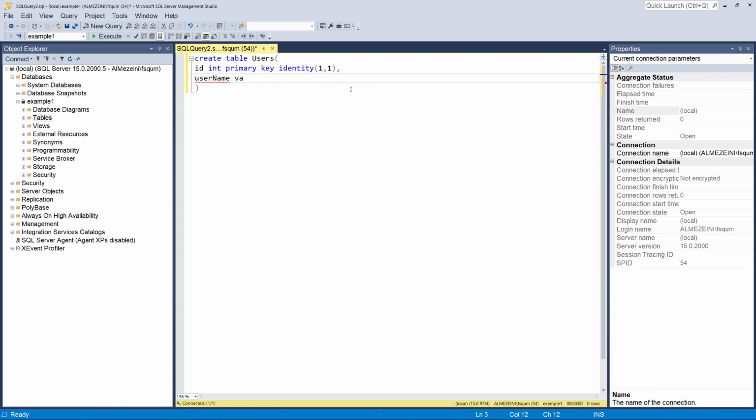So let's say varchar. Varchar is a data type which takes letters and numbers. Okay, so we can use letters and numbers in the same field. And inside of the parentheses here we want to specify the